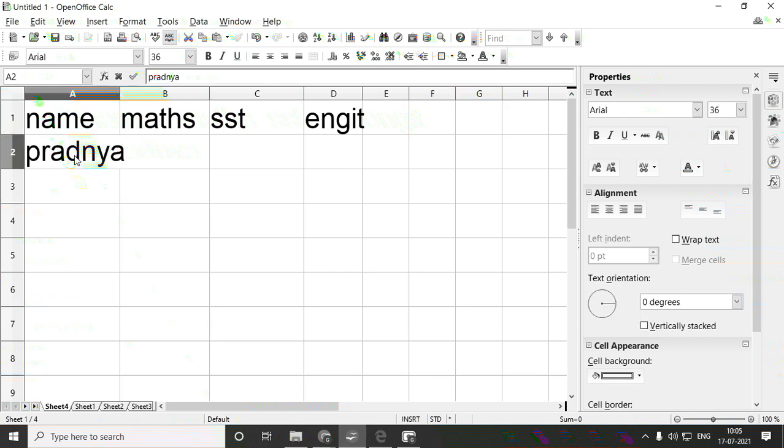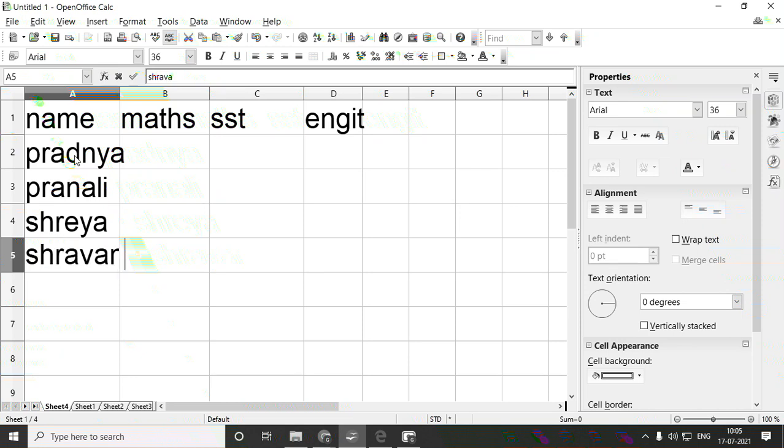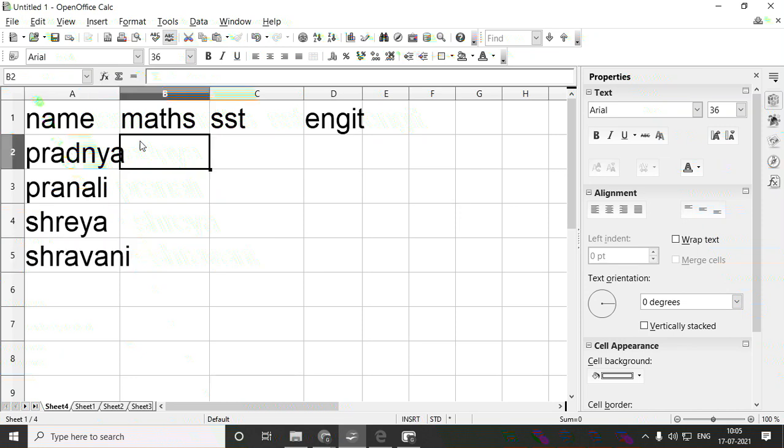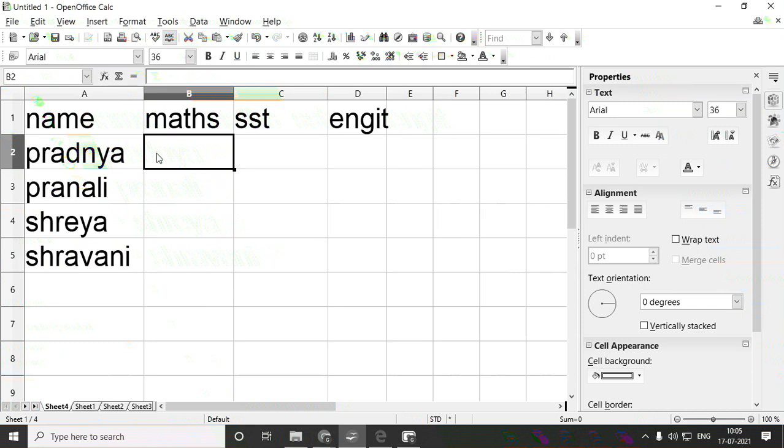Here, Pradnya, Pranali, Shreya, Shravani. Okay, so here I'll add the marks. Out of 100 I'll add 99, 90, 92 and 91.